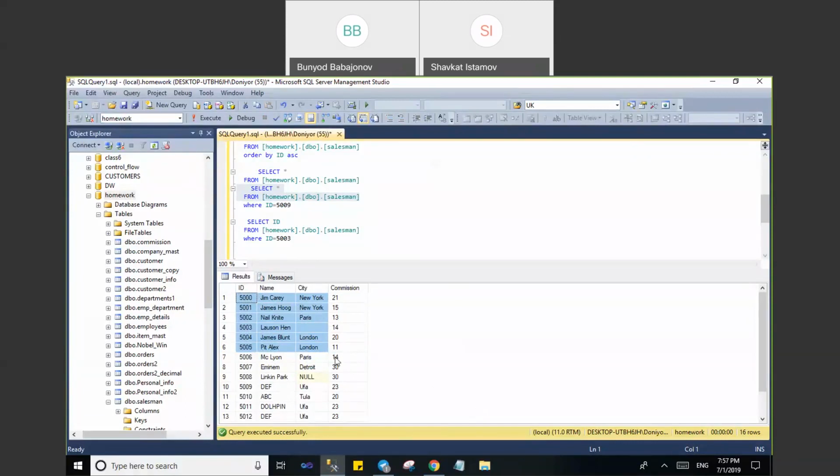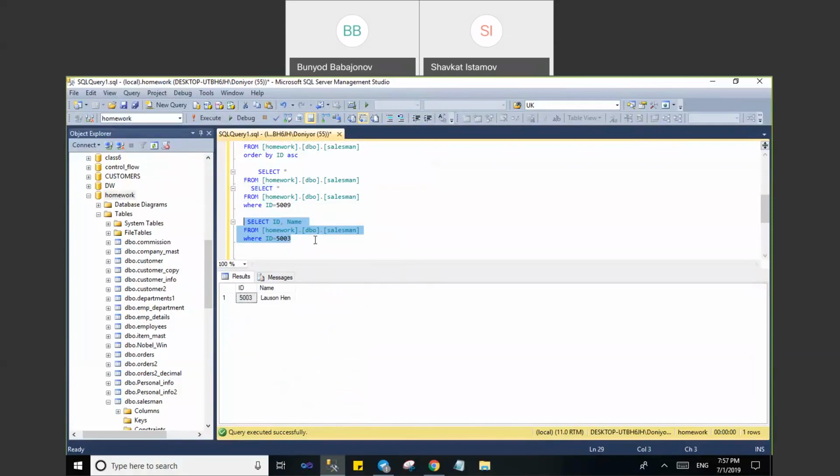Since the non-clustered index is stored in a separate place from the actual table. And let's say I search for the ID and the name from this table where ID equals this. And when I do that, it returns me this result, but how it's doing it is,